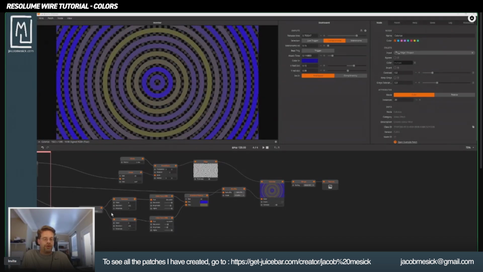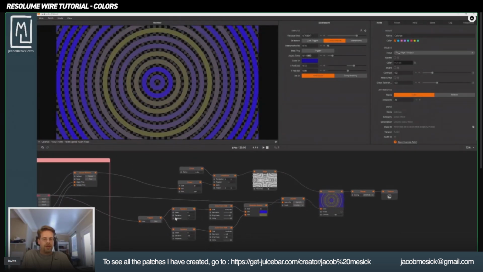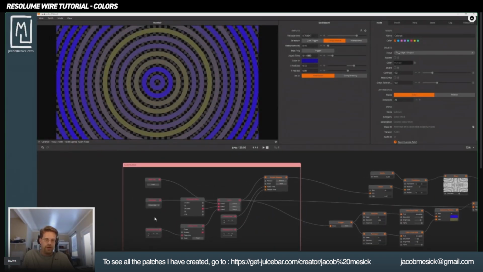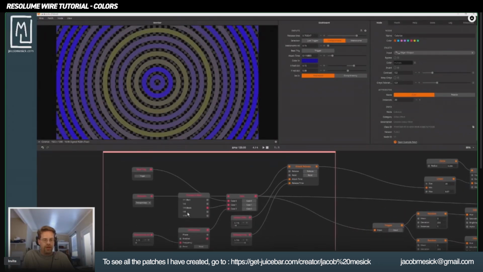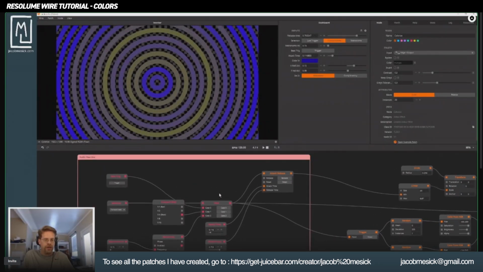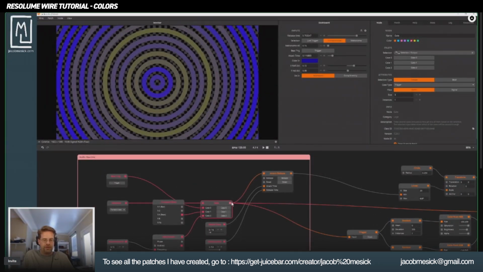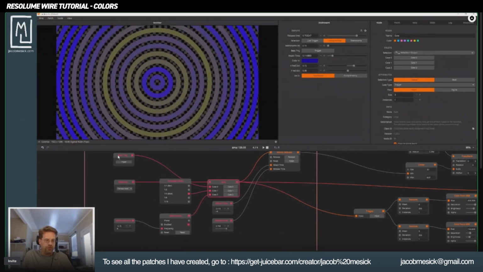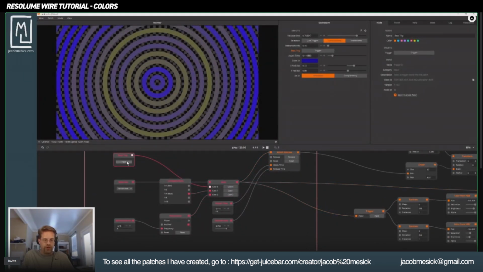So today's tutorial is going to be a little bit about how color works within Wire. I wanted to give a quick example of something that I had put together. This is just using what we've talked about before, the attack, release, the trigger, and having a gate that basically switches between those three different options, whether you want to be able to trigger it yourself, or whether you want it to be a transport beat that's based off of the tap tap tap button in